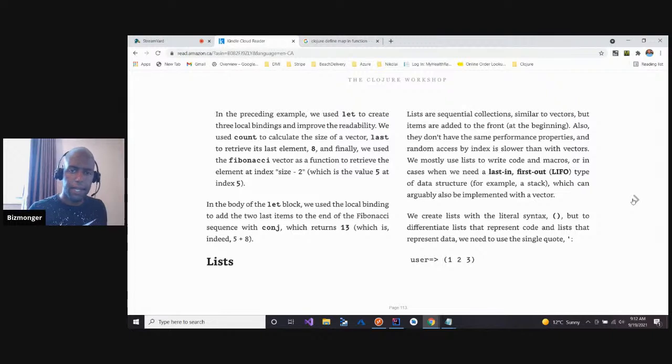Random access by index is slower because a vector is probably like an array, right?